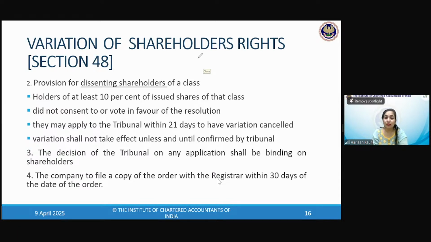So, 1/4 of the shareholders who have not given their consent are known as dissenting shareholders. भाई हम तो नाराज है इस वेरिएशन से, आपने वेरिएशन क्यों करा? आपने तो हमें कहा था कि ऐसा ही रहेगा, उन्होंने बोला देखो नो प्रोहिबिशन, आर्टिकल्स में पावर है या फिर कोई प्रोहिबिशन नहीं है तो हम कर सकते हैं, सेक्शन 48 में अलाउड है. But these 1/4 of the shareholders are very angry. They did not like this variation. Now, what is the provision for these dissenting shareholders of that class of shares?